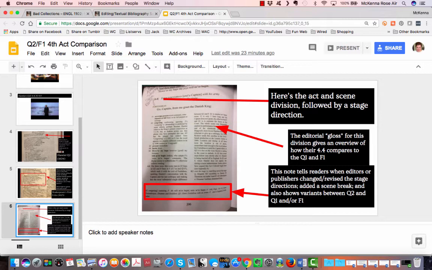beyond making decisions over which edition to use as a control text, which speeches to include or exclude based on that control text, and presenting the history of editorial emendations, the other things that editors do are they gloss, right, or explain complicated or obtuse passages, words, metaphors, etc., within the text, right? So this footnote tells us